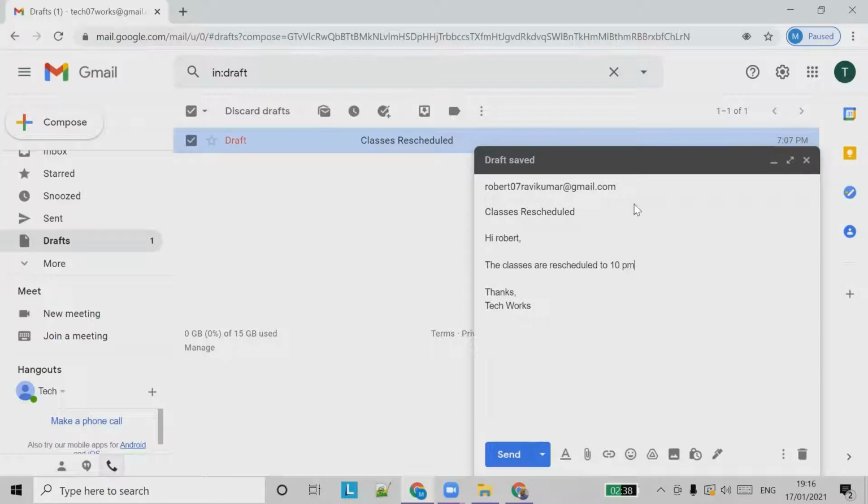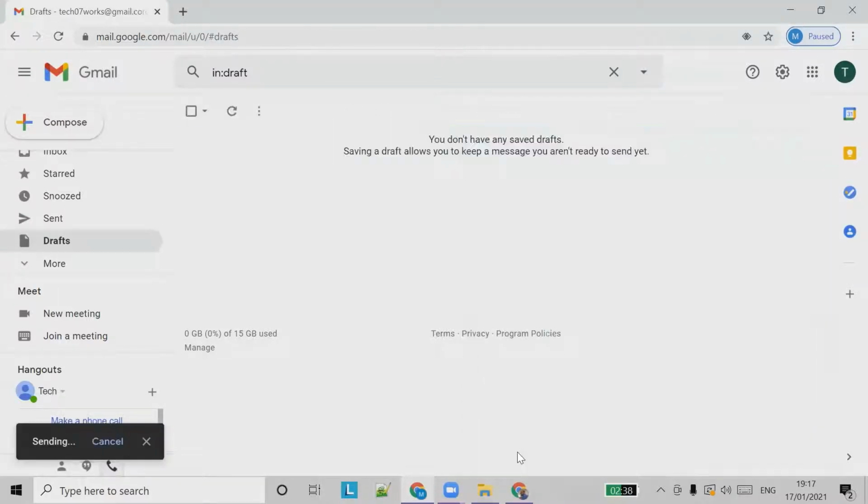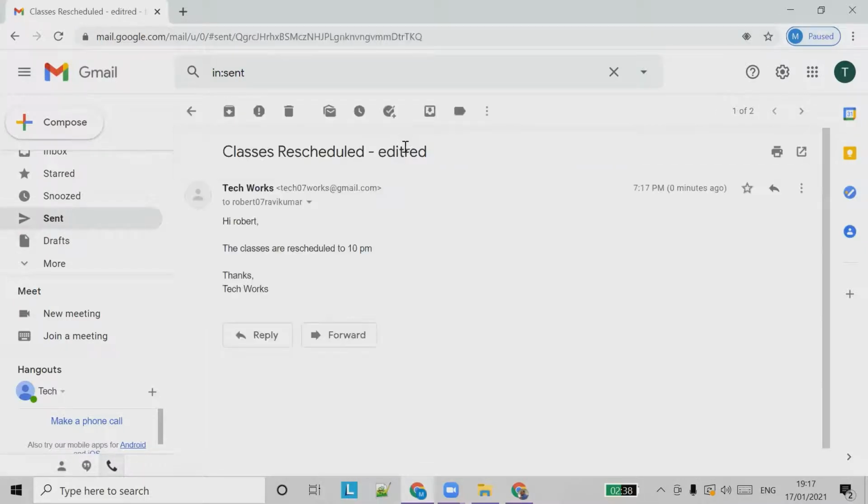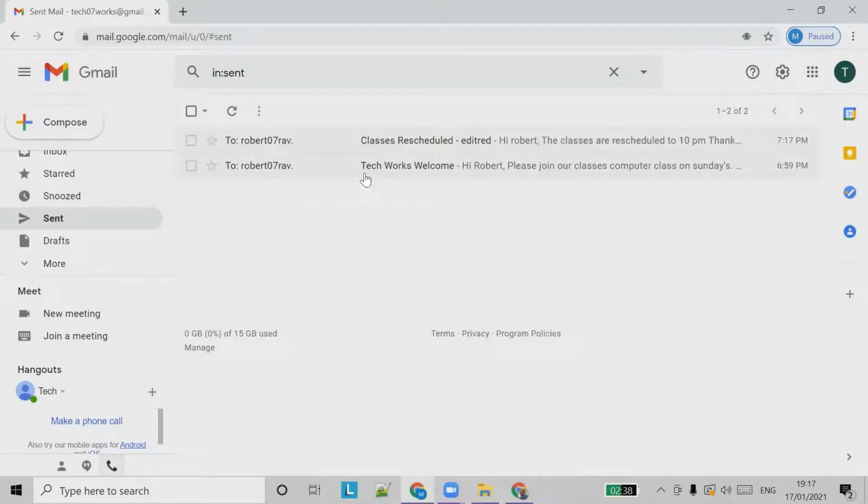After that you can edit anything and send that email. Once you do that, it goes away from your drafts, and you can see it inside the sent items. So this is how you use drafts.